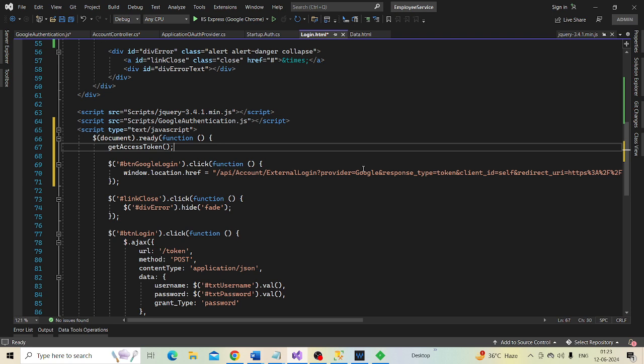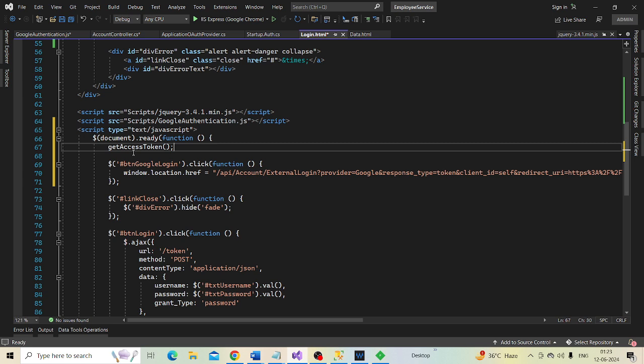So the user logs in with his Google credentials. Once that is successful, Google will redirect the user back to the login.html page, that is the same page, with the access token appended to the URL. And on this page we are calling the get access token function.